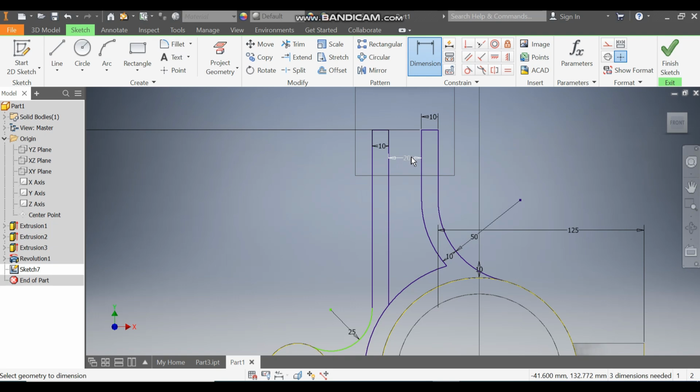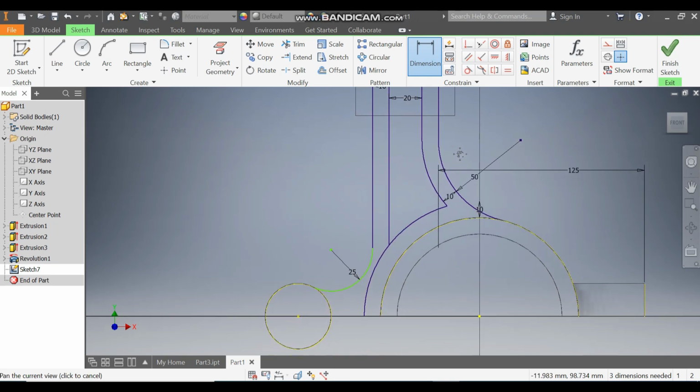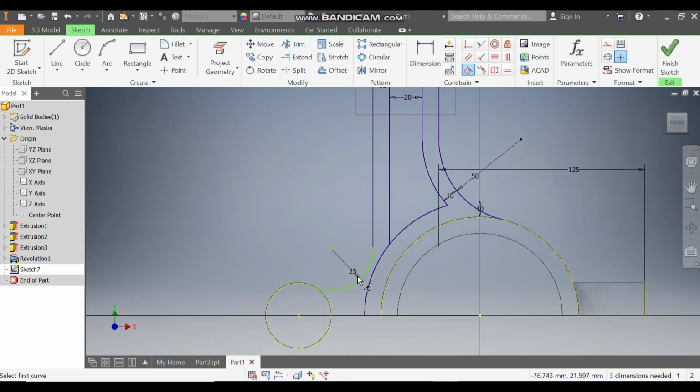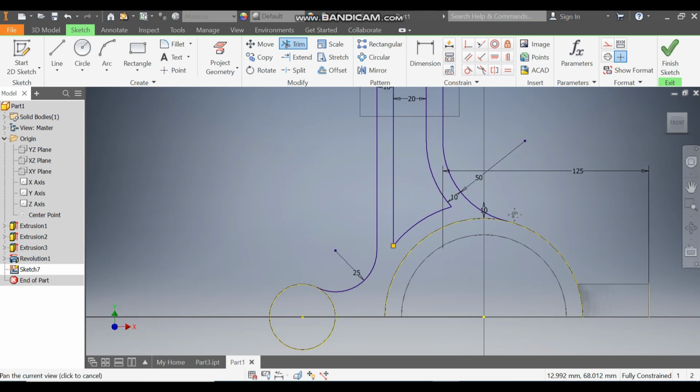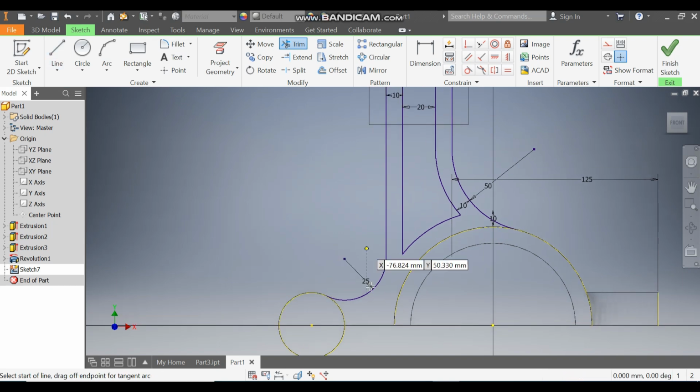Okay, and here go to tangent constraint, select this and select this. Okay, go to trim this profile. Okay, go to line command and make one straight line, select this point, escape. Now go to arc command, take 3-point arc and here make the arc profile